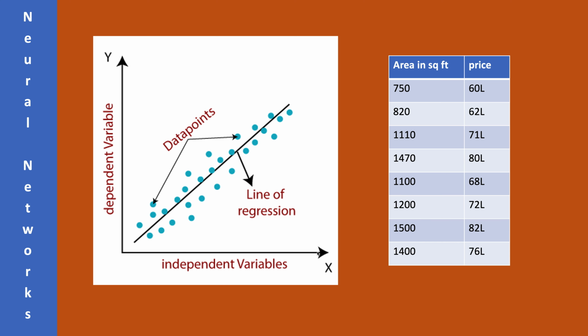Here y is our target or dependent variable, so in our case it's price. M is the slope of the line, which is simply the value by which x affects y. So how much for a change in x is y being affected. If your slope is less, it simply means that a change in x is changing y very slowly, so your line will be more gradual. But if your slope is higher, it means that x is affecting y more strongly, so your line will be very sharp. So that is m, the slope of the line.